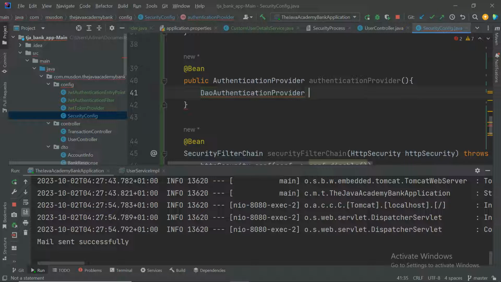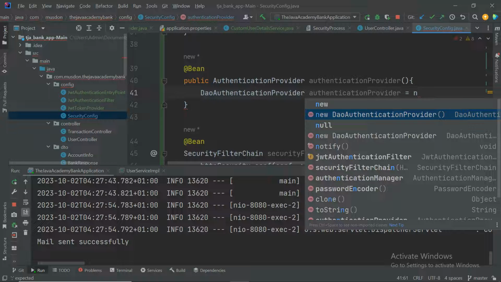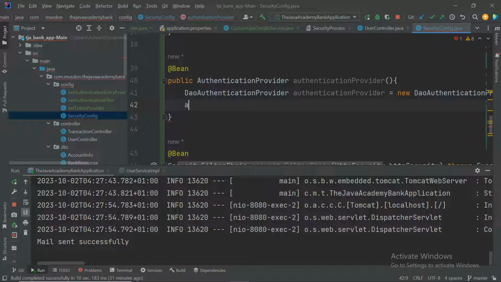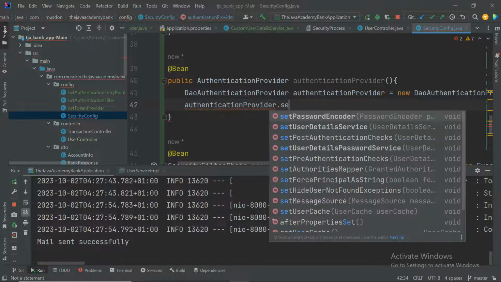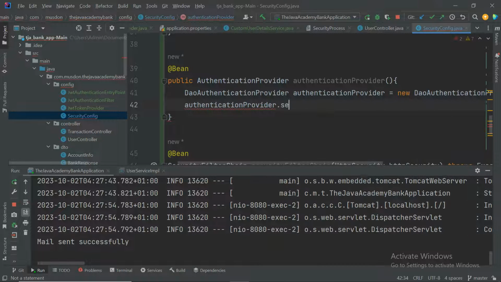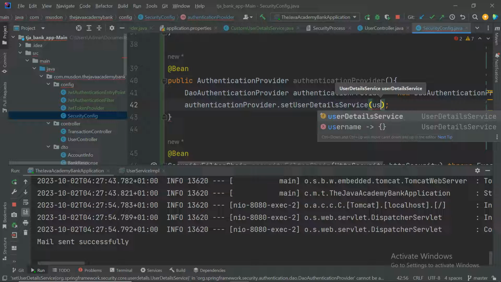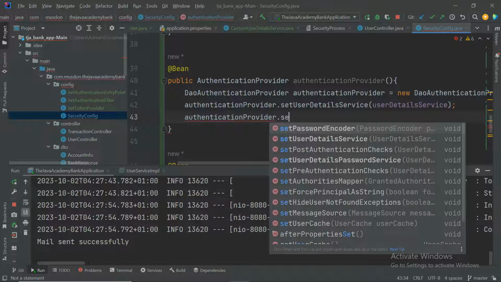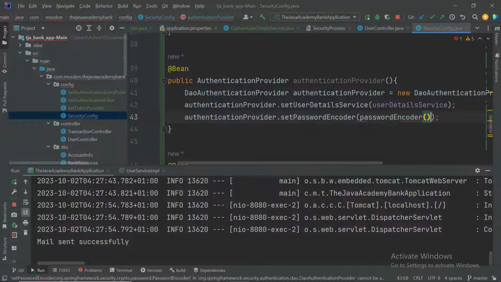Okay. Then we call this authentication provider equals new this. Then we get the authentication provider dot set user details. Then authentication provider dot set password encoder. We already have our password encoder. Okay. Then we can return